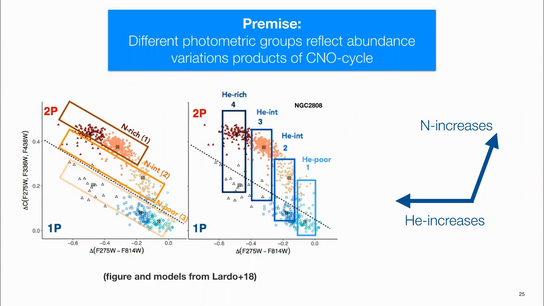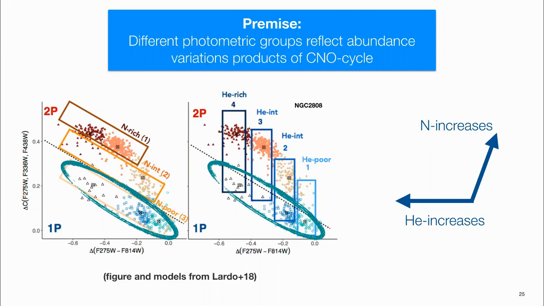So from here, you can see, for example, that the stars that have the highest helium enrichment also have the highest enrichment in nitrogen, which are the dark blue and the dark brown colors. However, we notice something strange, all right? You see that, for example, here in the bottom, you have stars with constant nitrogen abundances, but they seem to have very